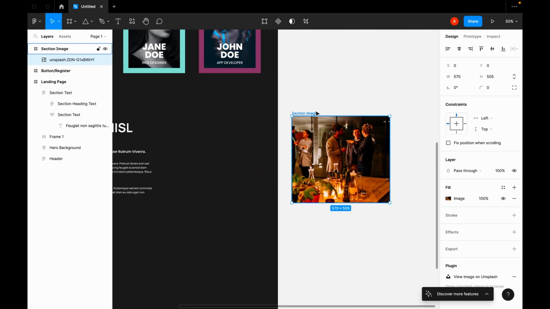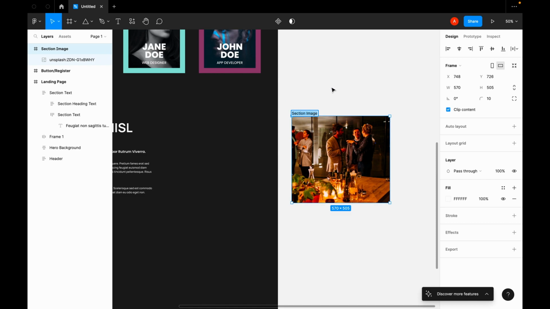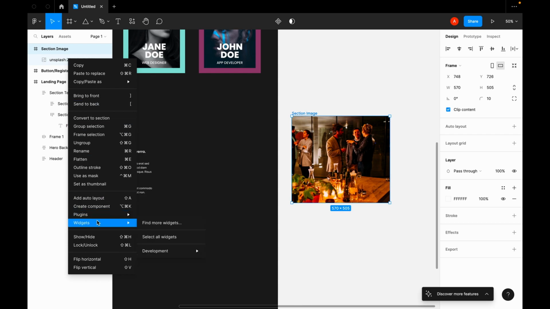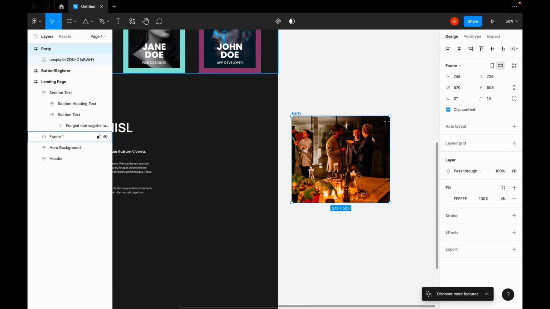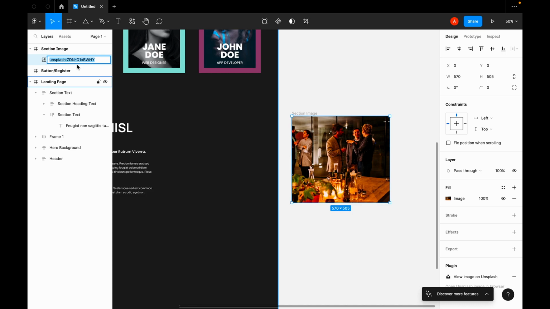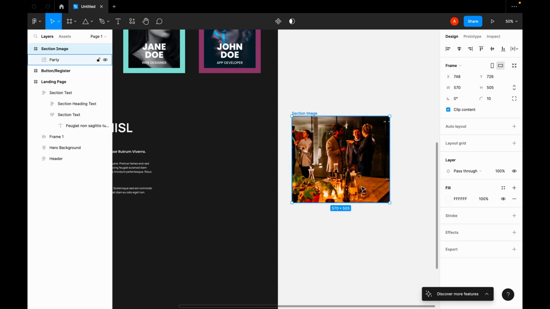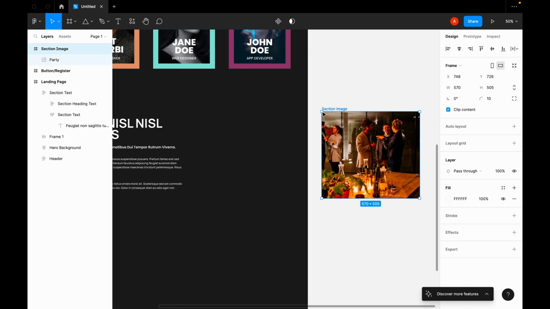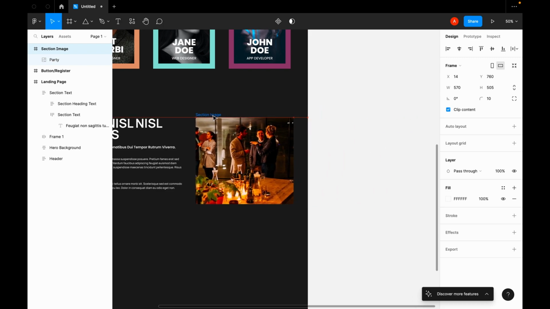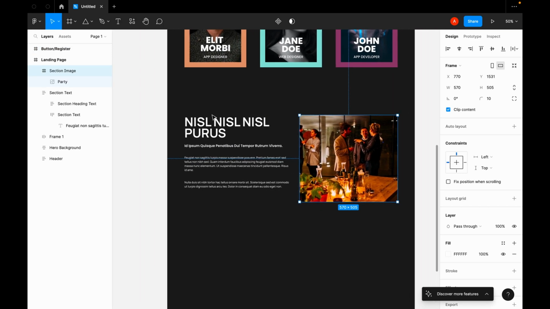So I'm going to change this to, okay, it's a section image. I'm going to rename this image over here, so rename to party. Okay, sorry, I renamed the frame, so I'm going to rename this to party. Okay, so now we have this. I'm just going to drop this in here. So let's see,